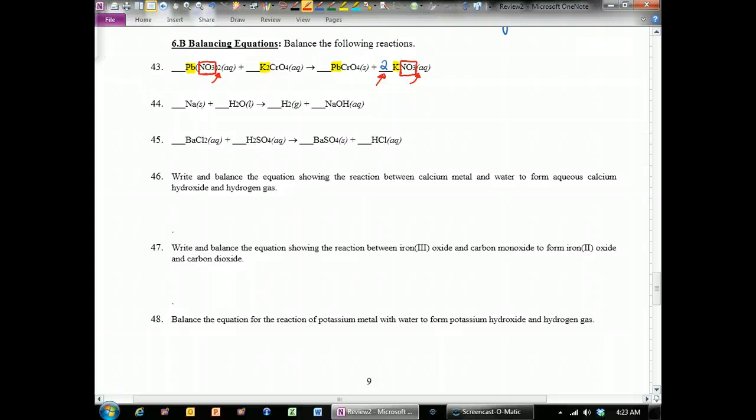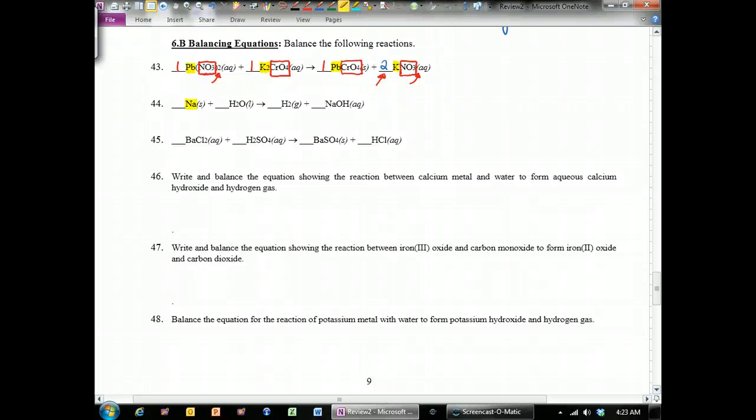The last thing that I'm going to look at is the CrO4, and that is a polyatomic ion. It's the same on both sides, and I have one CrO4 on both sides, so it's balanced. So my coefficients are 1, 1, 1, 2. The next balancing equation problem,